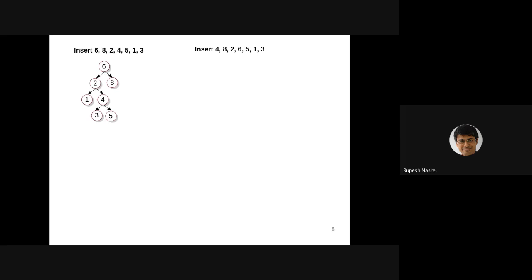Okay, so I can get you started with the simple answer that 4 is going to be the root. Okay, 4, then 2, 8, and then 1, 3, 6. Okay, and then 5. 4, 2, 8, 1, 3, 6, 5.